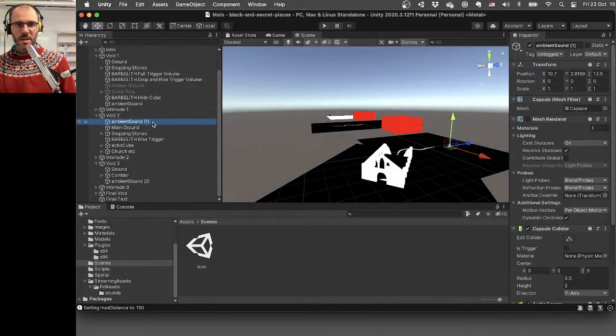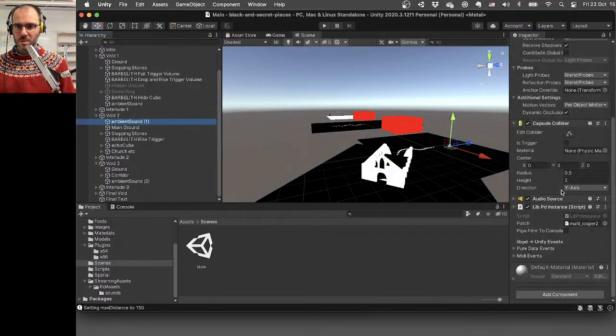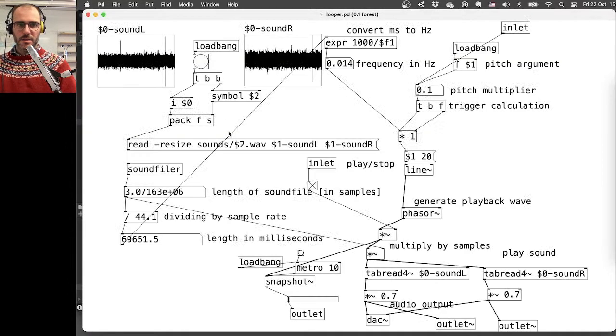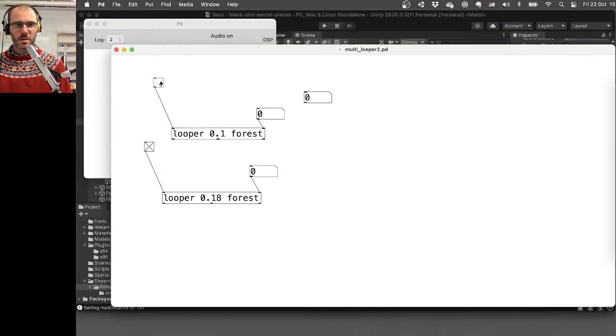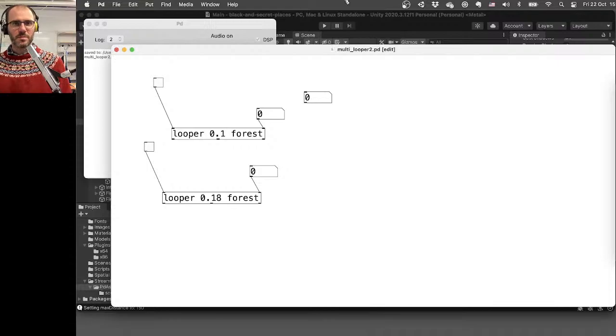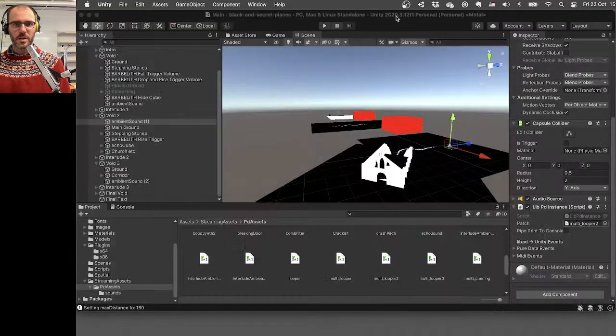So in here, there's an ambient sound object with a PD patch attached to it. There it is. Okay. So it just uses 2 instances of this, which, maybe it shouldn't have anything. Let's just turn them off for now. Let's just leave the patch in there, but turn it off. And then let me find